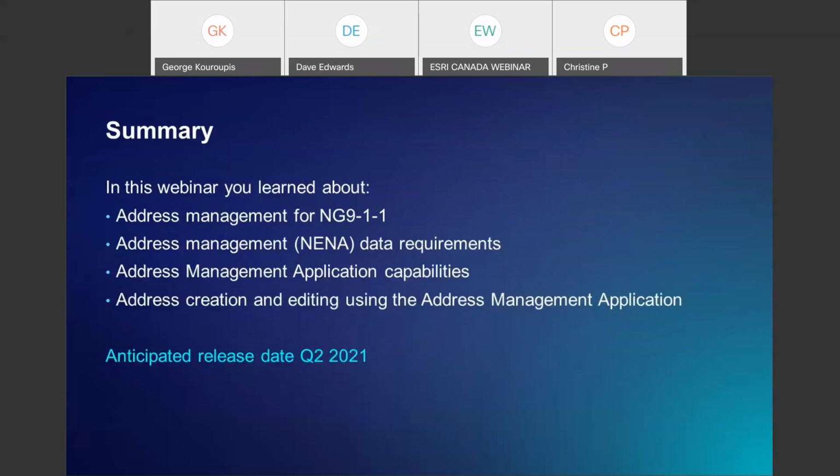So in summary, in the webinar, we talked a little bit about NG9-1-1 and their data requirements. You've seen the capabilities and functionality of the address management application, and George has gone through all of the ways of creating and editing addresses in the application. So our anticipated release date for this application is Q2